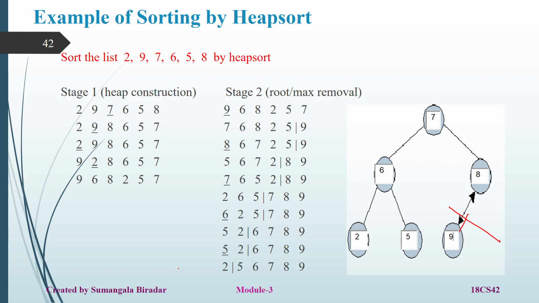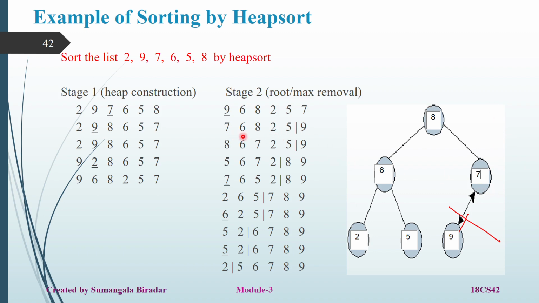Oh, see, is it a heap tree now? One second. Is it a heap tree? No, because 7 is your parent key and 8 is your child key. Now the criteria is not fulfilled. Then what do you have to do now? You have to swap these two. If I swap, I'll get 8 here and 7.